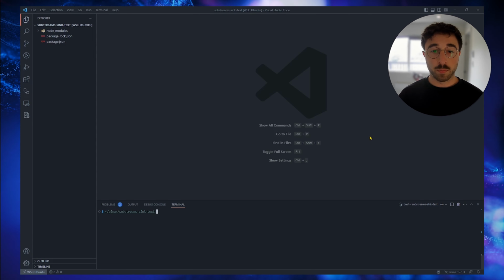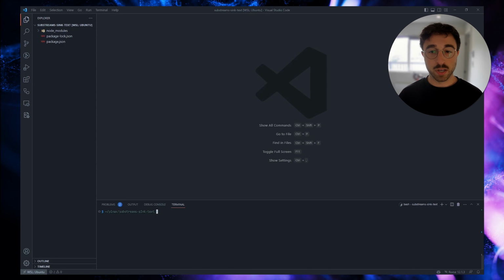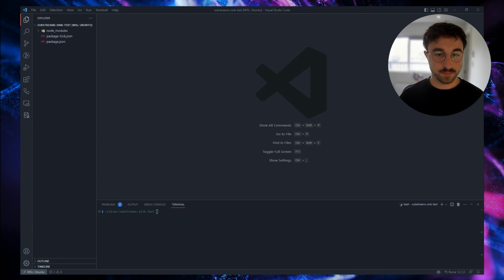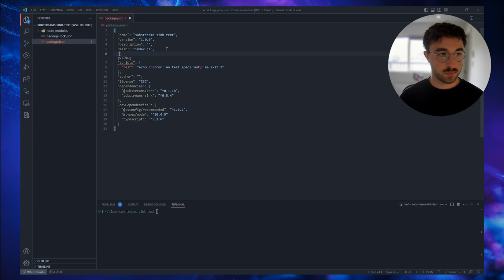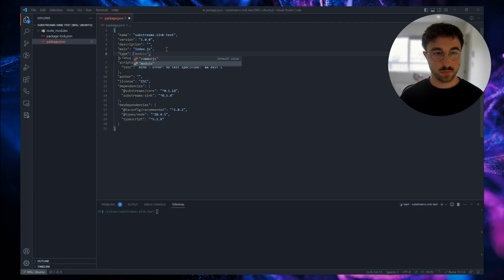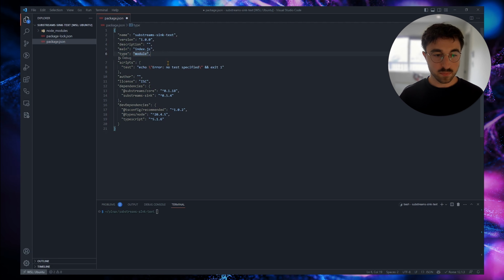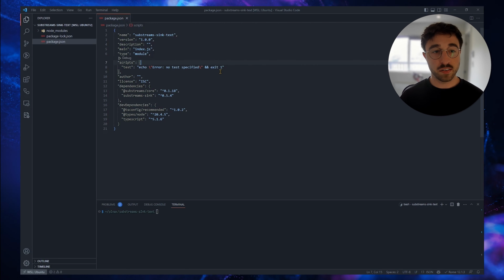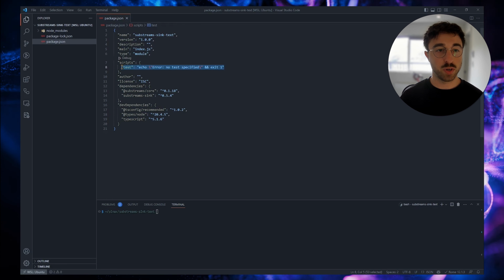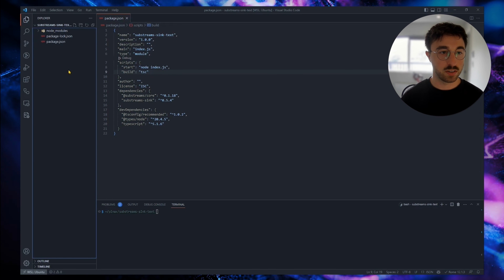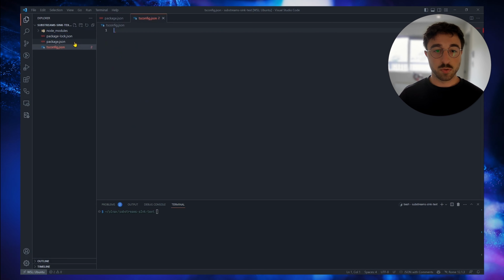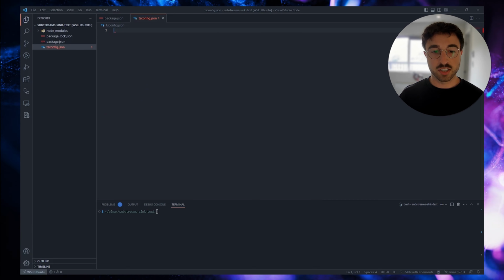And now in our package.json file, we will add a build script and a start script that we will use to run our sync. And also since the Substream Sync library is using native ESM, we need to specify type module in our package.json file. And since we are using TypeScript for our sync, we need to create a tsconfig.json file.